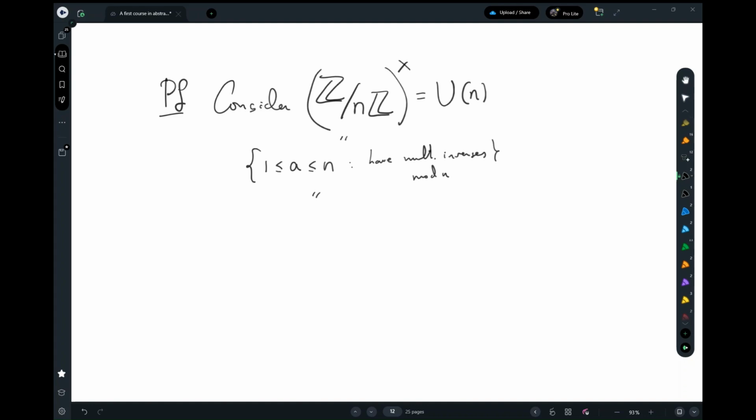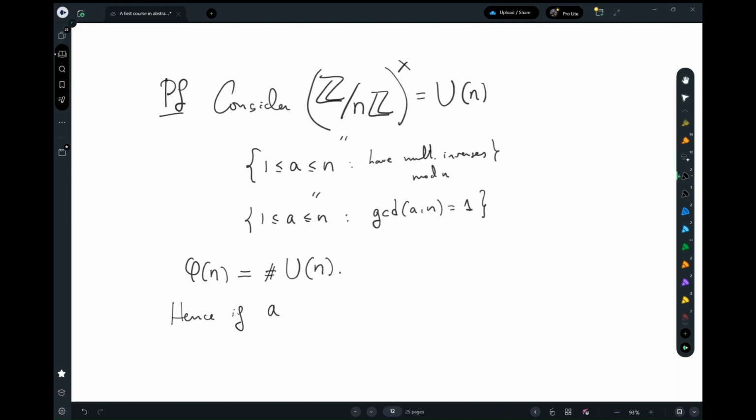But by a theorem, it turns out that these are precisely those numbers between 1 and n that are relatively prime to n. And that's great, because then phi of n, by definition, counts precisely the number of elements in U_n. And hence,